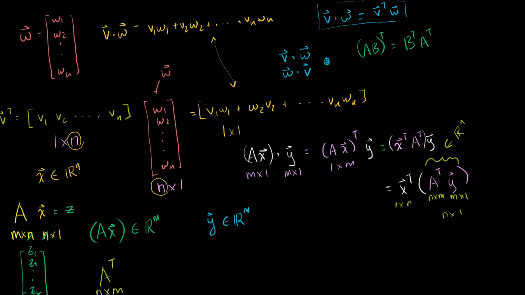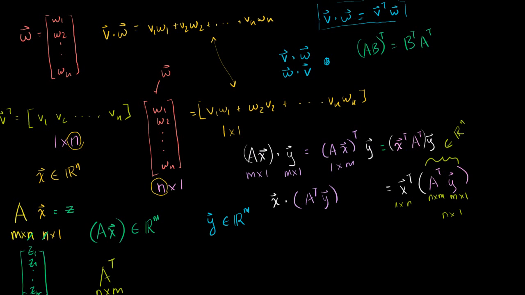So what is this equal to? We just use that identity. Though in this case, instead of x transpose, we'll just have x. So this is equal to x dot, remember, we just untransposed it, A transpose y, which is a pretty neat outcome. We got this being equal to that. We can change the associativity, although we have to change the order a bit and take the transpose of our matrix. So let me rewrite that so that you can remember the outcome.